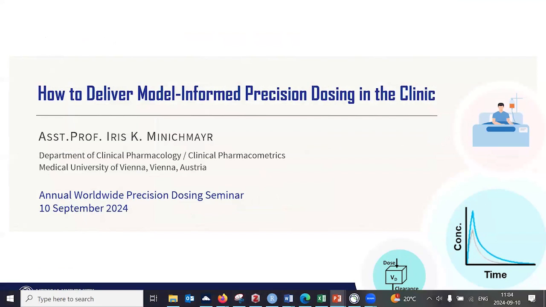So thank you very much for the kind introduction and for the opportunity to speak at this year's annual Worldwide Precision Dosing Seminar. It's a particular pleasure because I had the chance to spend 2 research visits with Professor Roberts at UQCCR, and that definitely increased my interest in model-informed precision dosing. Today, I will discuss key considerations for delivering MIPD in the clinic, and I'll start by outlining the concept of